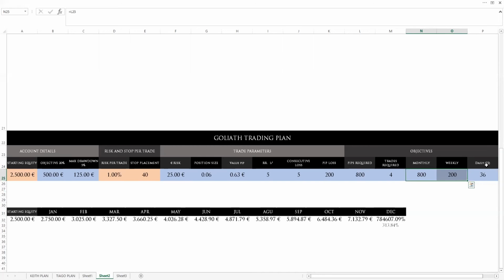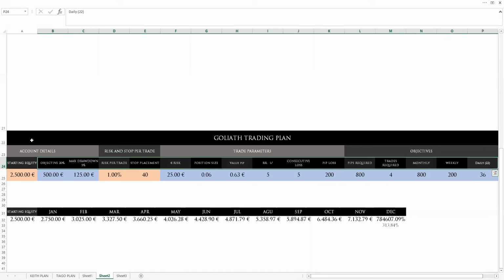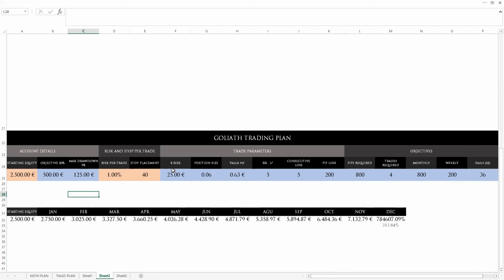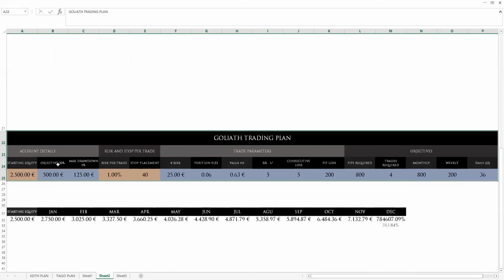So this is my objective for the fund, the risk parameters, and what you can expect from joining Goliath. So if you want the file, let me know, and I'll create a little piece of file with just this bit. You don't need the rest, and then you can try and figure out your strategy and what you want to do and how you want to money manage your account and risk,